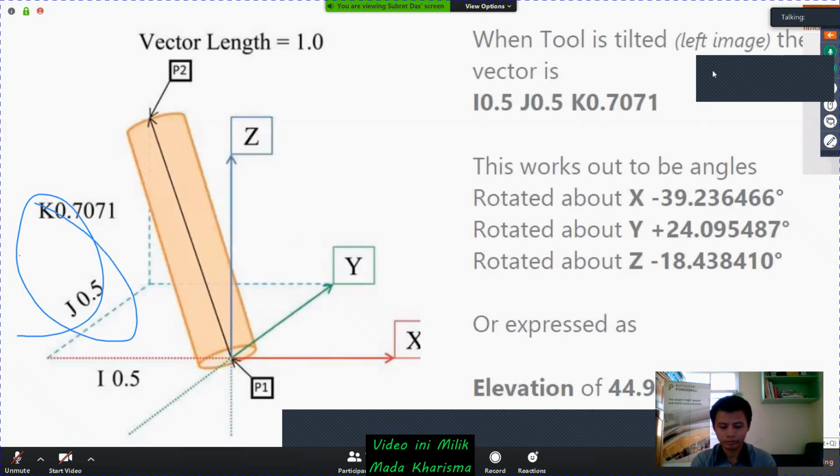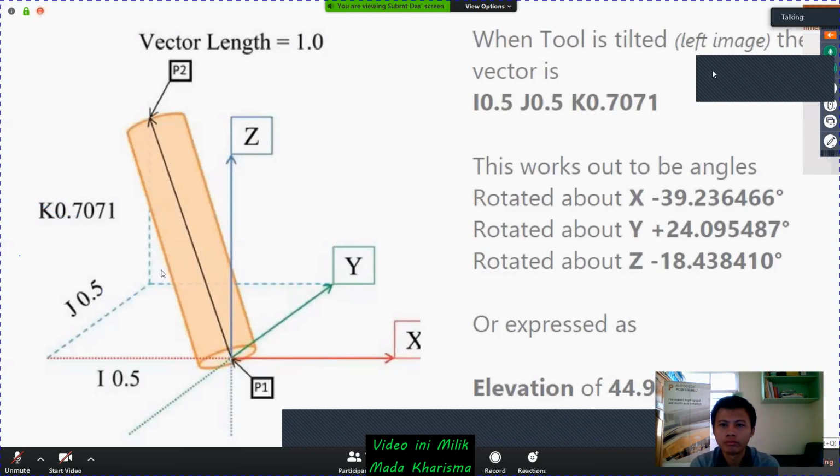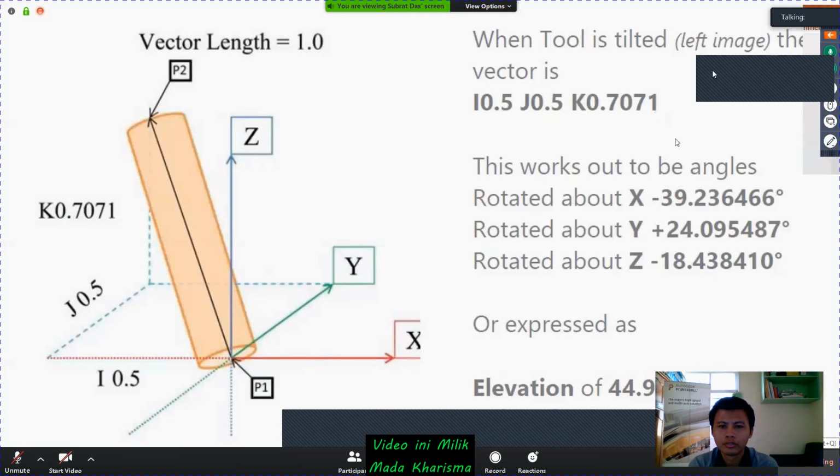For this example, I had given I as minus 0.5, which is the incremental of X, J is 0.5, the incremental of Y, and K is 0.7071, the incremental of Z. So what does it mean? We gave the values for X, Y, Z as incremental with the I, J, K values of minus 0.5, 0.5 and 0.7071.